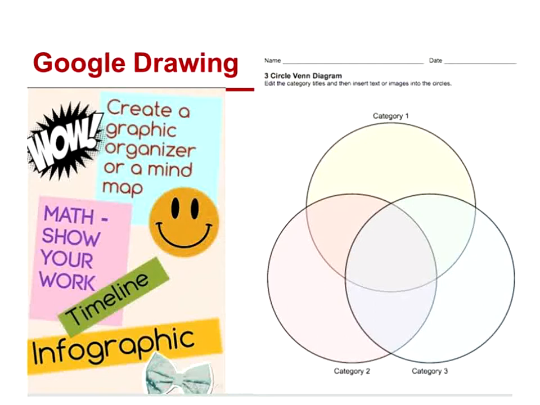Google Drawing. Many people don't really know about Google Drawing or have tried Google Drawing. This is another aspect of Google Apps that doesn't get a lot of love. So I'm hoping that we can give it some love tonight. So Google Drawing is really, I'm trying to think how I would describe it. I like to say it's like Microsoft Paint, but it's so much better than Microsoft Paint. So you can draw, you can create graphic organizers or mind maps, but don't think of it like Smart Ideas or any other mind map program. It's not that advanced, very basic.